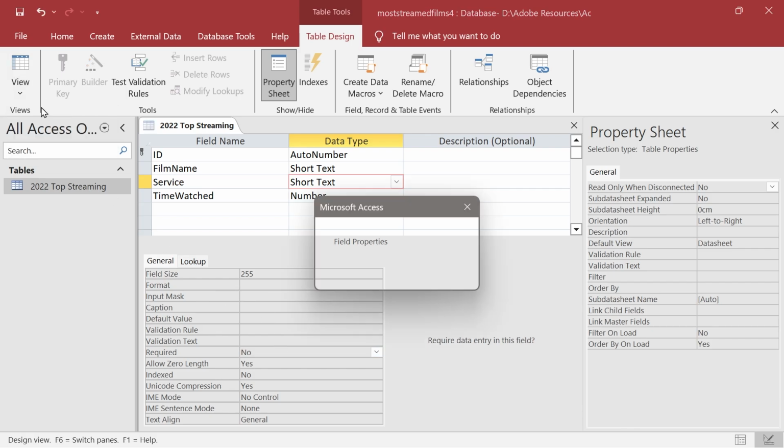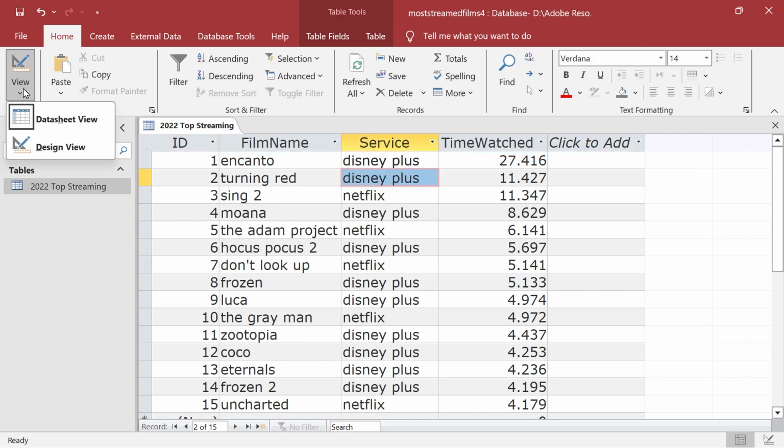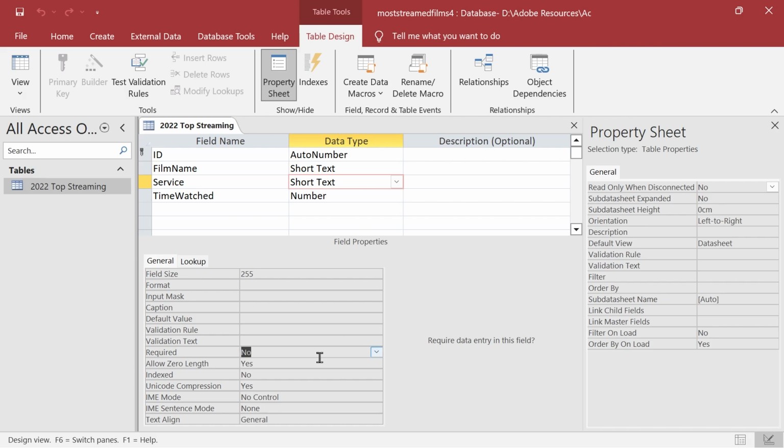Let's just get rid of that. Save. Just put that back. Now, other things we could do is something to do with a validation rule. And this is the format of the validation rule, right? So for instance, if we just wanted it to be a certain length, right, what we'd have to do is